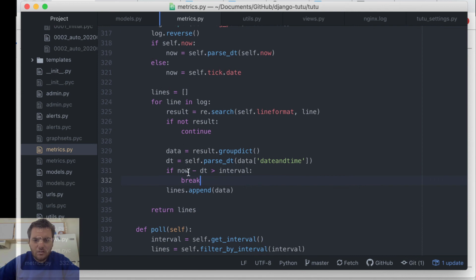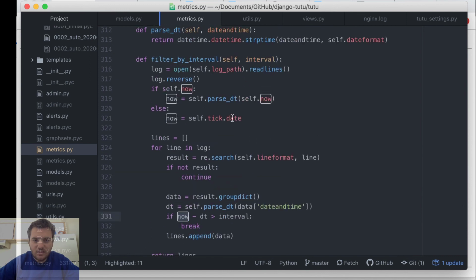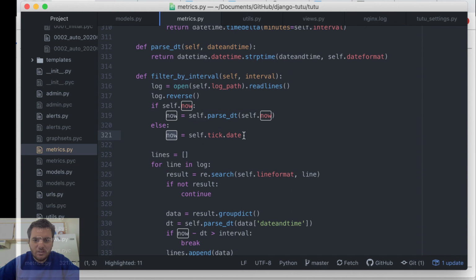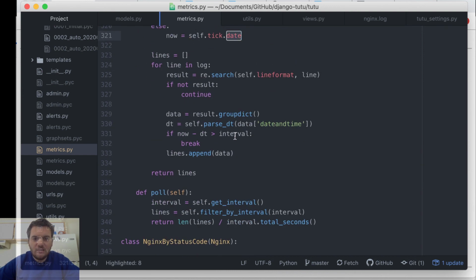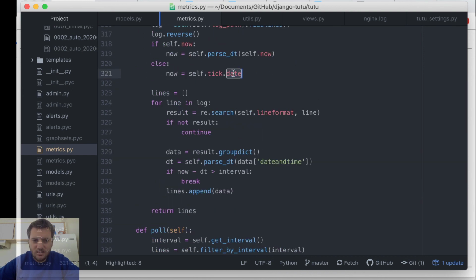We only want to count those lines if they are older than now. And in this case, now is coming from the tick. This is only for testing, this right here. But when you're actually normally doing this, the now comes from the tick date. And so because of that loop, tick date might be 10 seconds in the past. So there may be lines in the log that are newer than tick date. And we don't want to count those because those are going to get counted for the next